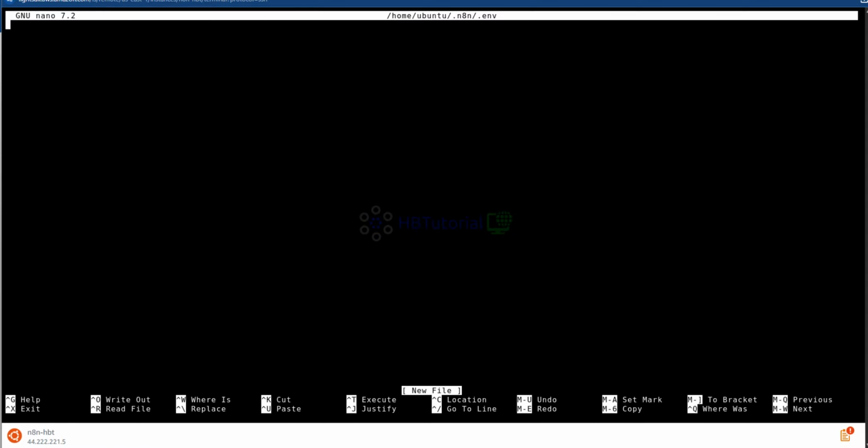Just remember, we are using the default user Ubuntu, because we will need that later. From here, webhook underscore URL equals your domain. Don't forget. Our domain should be, paste.